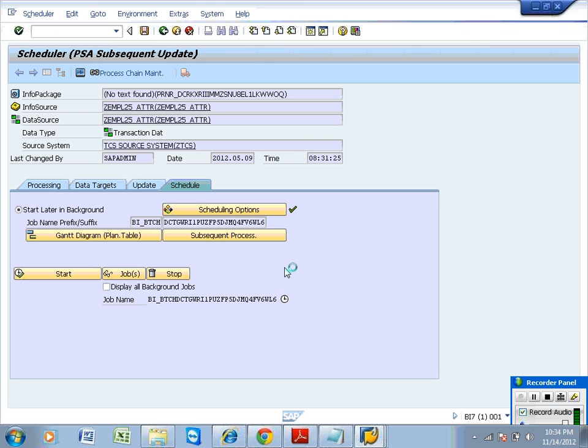So fine. Tomorrow I will discuss this third option, and this is the simple option. And apart from this, tomorrow I will discuss how to convert this into character data and how to reload data from PSA to the data target. Okay. Then we will see other errors, and also transfer the data from PSA to the data target, and later on we will see different processing types. Okay.